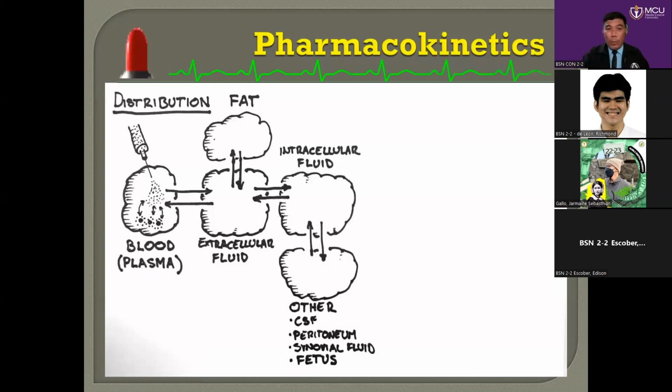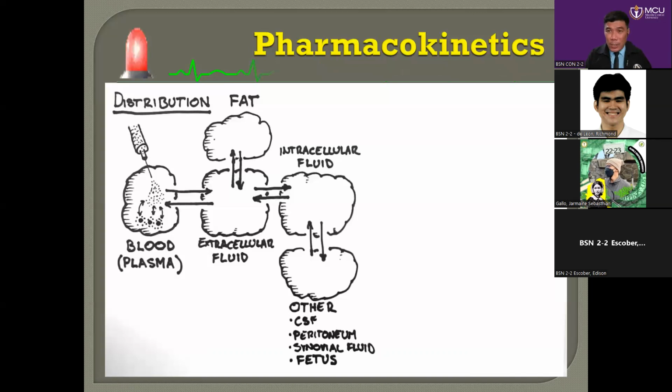So that's why it will proceed to the fat compartment. Now, if the drug could be either fat or water soluble, it will be distributed to the compartments of the cell. There are two compartments of the cell that have fluid: the extracellular compartment and the intracellular compartment. Take note of this. It is very important to consider that in the transport of drugs through these compartments with fluids, the function of electrolytes is very important.